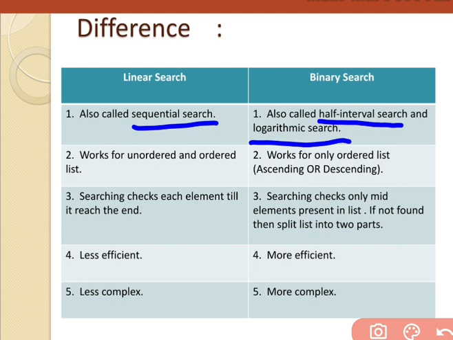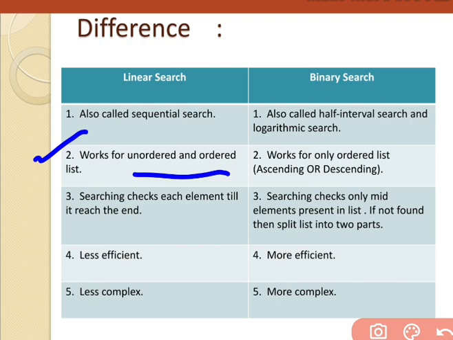When something is not fixed, then it is logarithmic. Logarithmic value is not fixed. That's why we say that it is a logarithmic search. Now, linear search works for unordered and ordered lists. Any list, it works. But binary search always requires an ordered list, either in ascending or descending order.